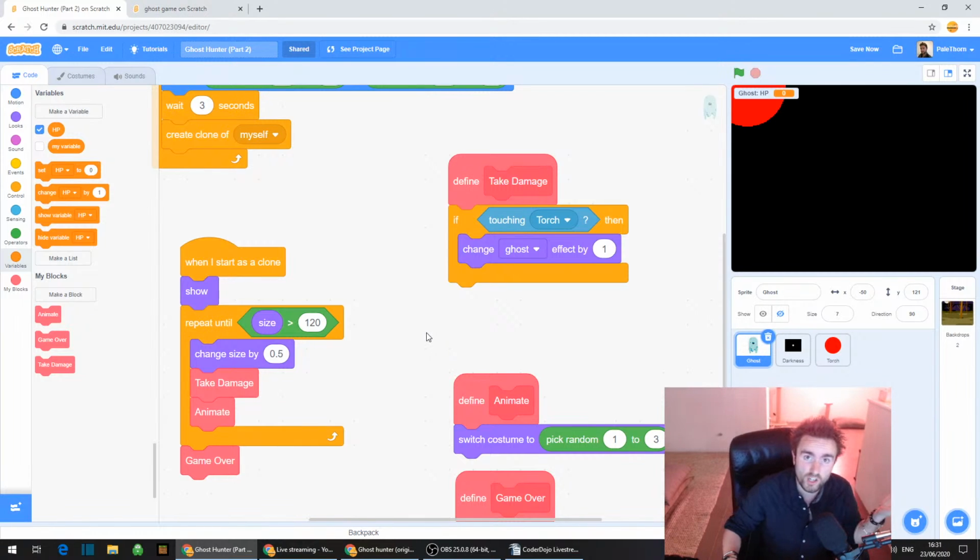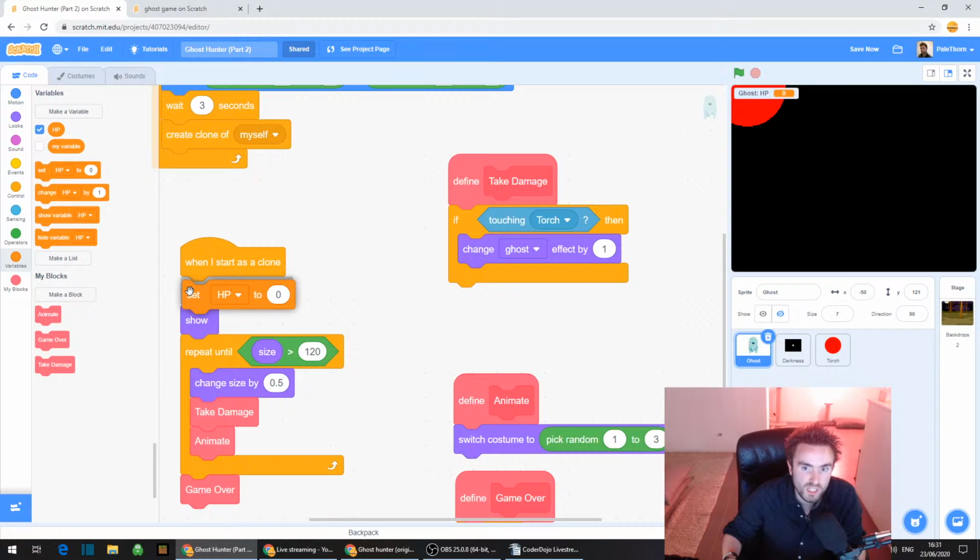So what we need to do is decide how much HP our ghosts have when they start as clones. Have a look in the top left corner of variables. Drag out set HP to 0. We want this to happen at the very beginning of the clone's life, when it starts as a clone. So put this right underneath when I start as clone.